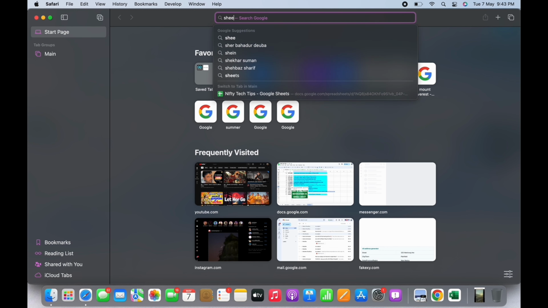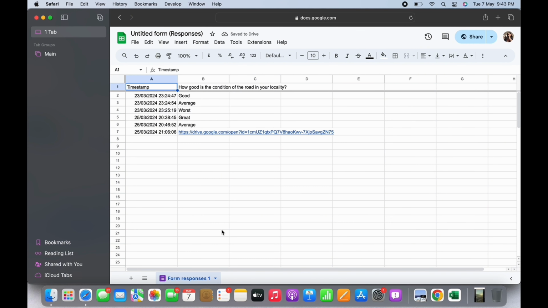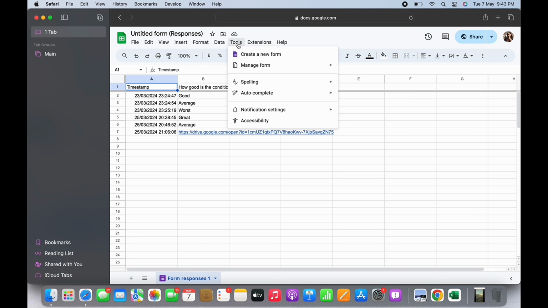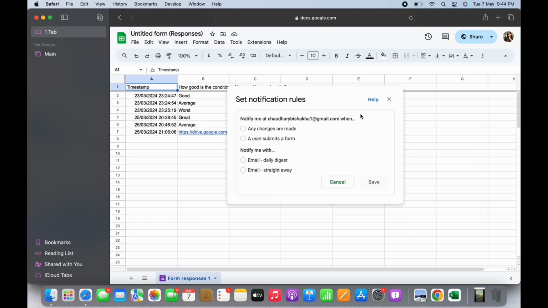Now go ahead and open a file in Sheets. On the top toolbar, you will see the option for Tools. Tap on that and further tap on the Notification Settings option. You will now see the option for Edit Notifications. Tap on that. In the pop-up that appears, go ahead and under the Notify Me at Email Address option, select